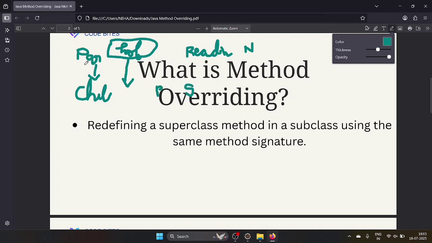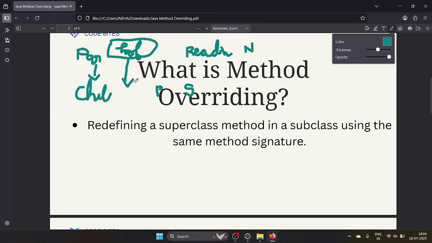Let's take we are having one class called a parent class. In that we are having one method called hobby. Inside that hobby we have written something like reading a newspaper. Then the child class is there, and we are extending the parent class. Here the inheritance concept comes in. If you don't know the inheritance concepts, go and check my playlist. The child class extends the parent class, and we are getting the hobby method, right?